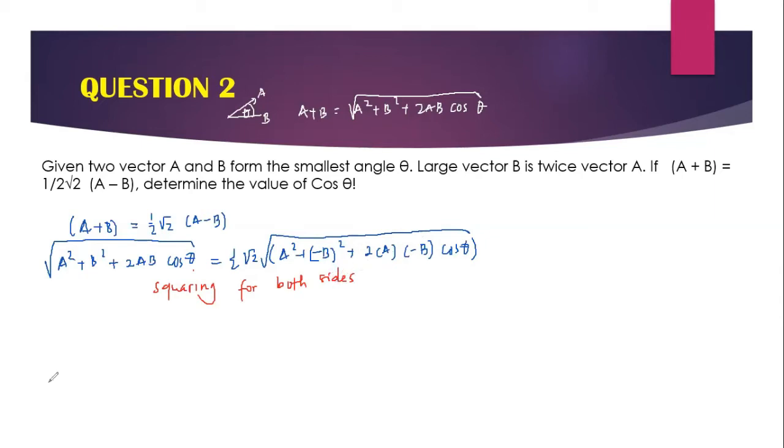So you'll find here A square plus B square plus 2 times A times B cosine theta, right? Equal, and then here you have to square A half root of 2 as well. Is it clear, everyone? And then A square plus B square minus 2 times A times B cosine theta,